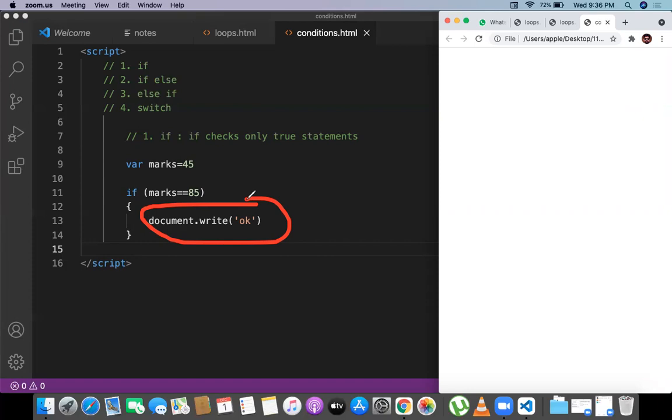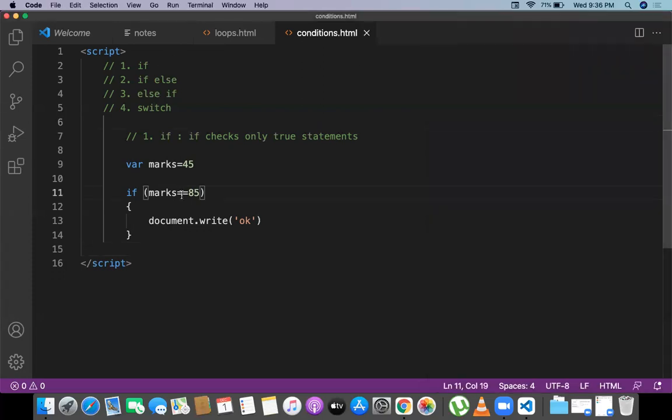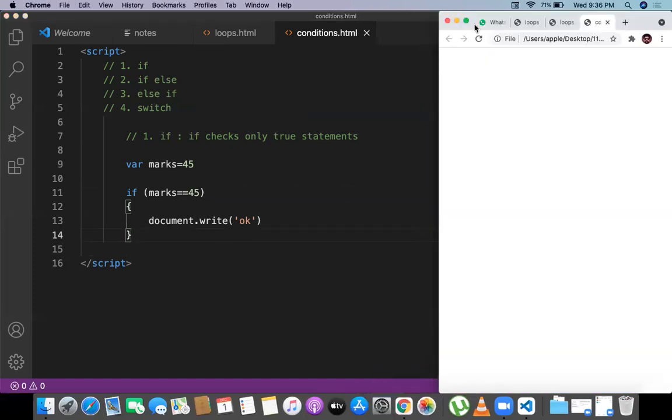Marks is basically 45, 45 double equal to 85, not possible. That is the reason it is not showing anything in the browser. Let me do one thing. I want to give the equal value. When I give the equal value, when the condition is satisfied, obviously we will get the output as okay.